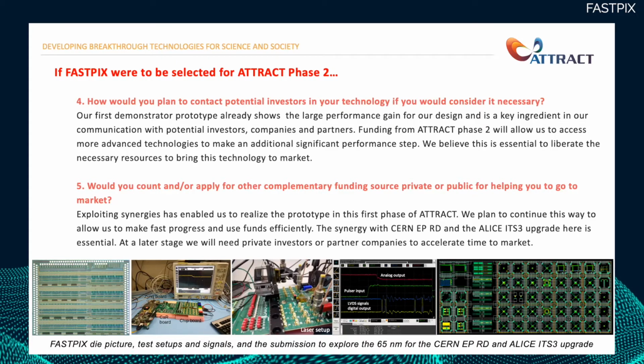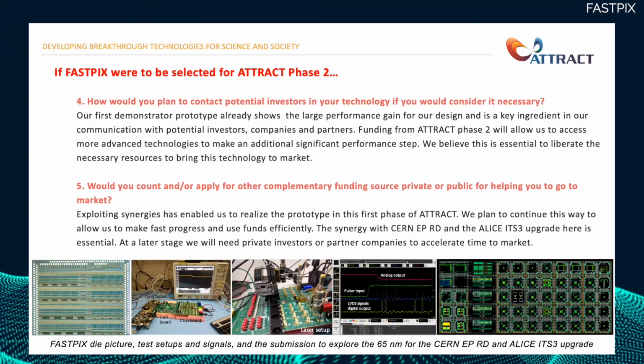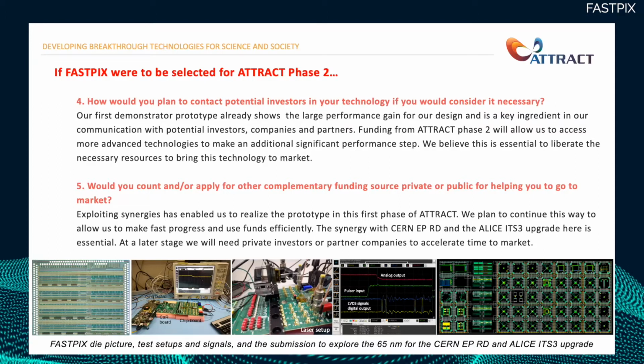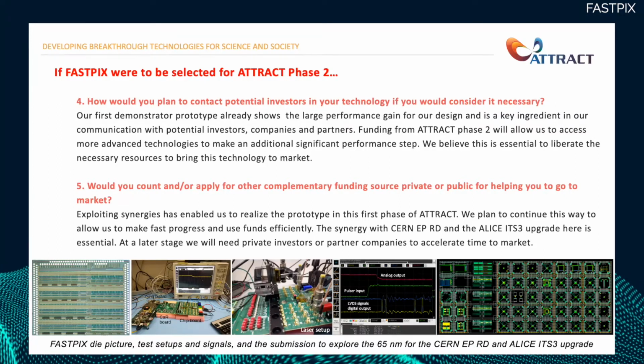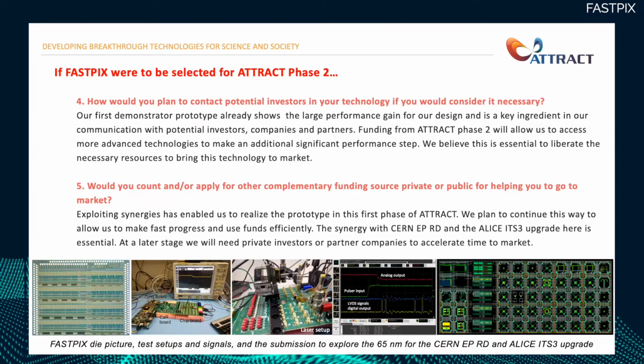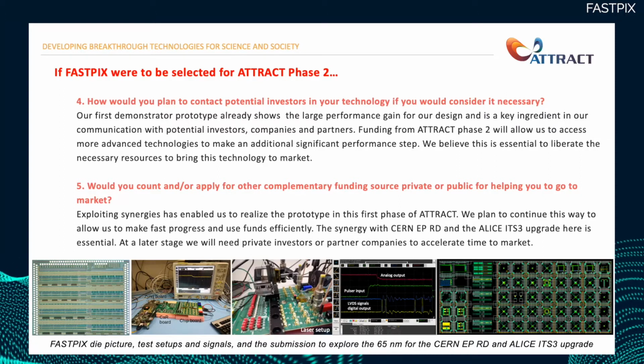Our first demonstrator already shows the large performance gain for our design and is a key ingredient in our communication with potential partners. However, funding from ATTRACT Phase 2 will allow us to access more advanced technologies to make this additional significant performance step, and we believe this is really essential to liberate the necessary resources to bring this technology